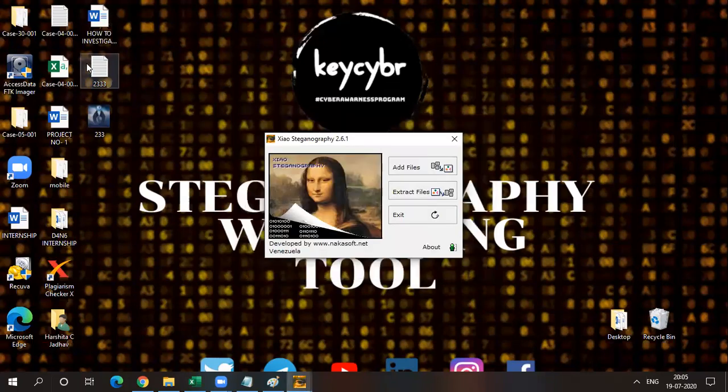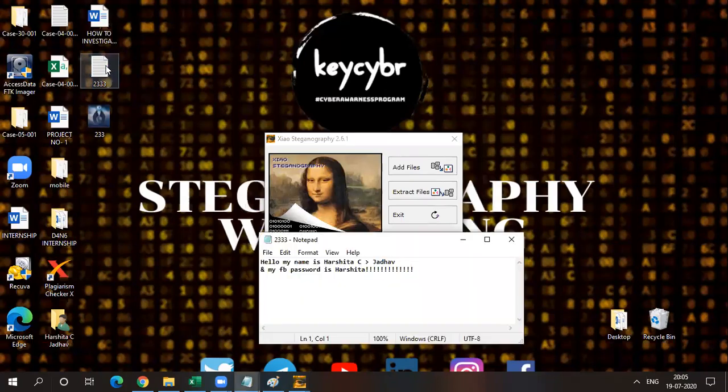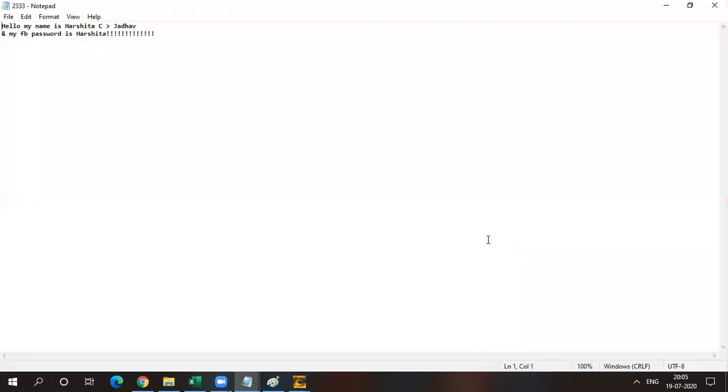Okay, so now you can see I have copied one text file and one BMP format image in the GIS Steganography tool, and after that I get both copied things in one bitmap, in one steganographic image.